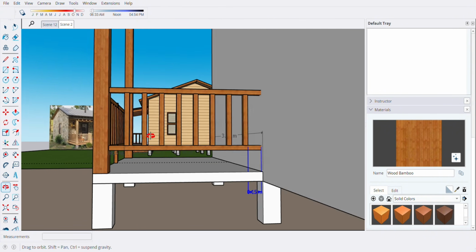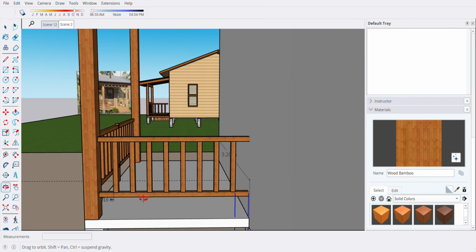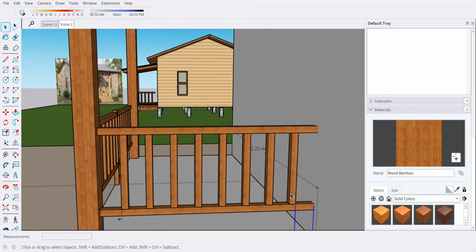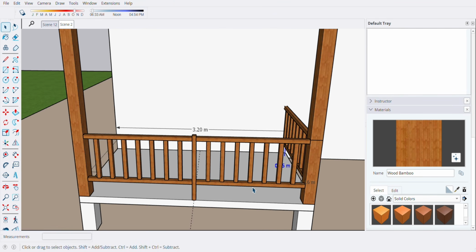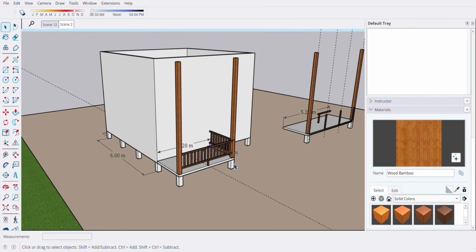Only 10 mm difference, no problem. Why do we do it like that? Because to make our railings uniform. We move all, and then we divide the gap. So that's it.